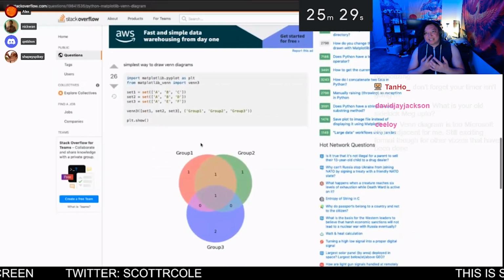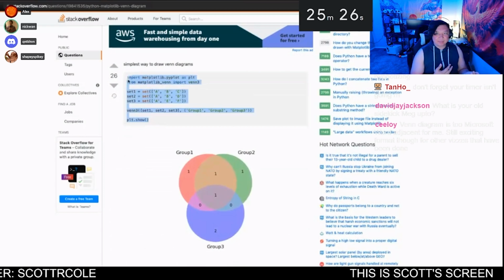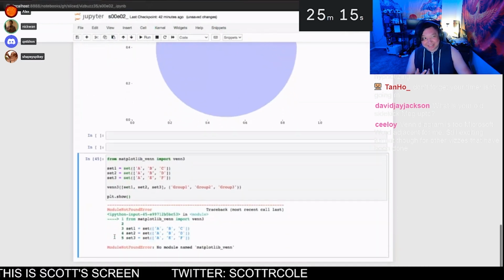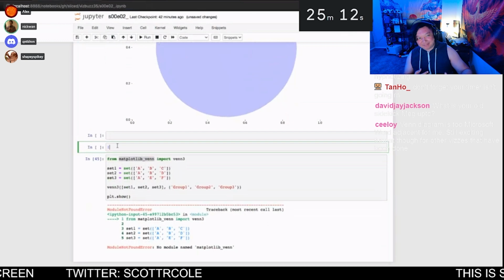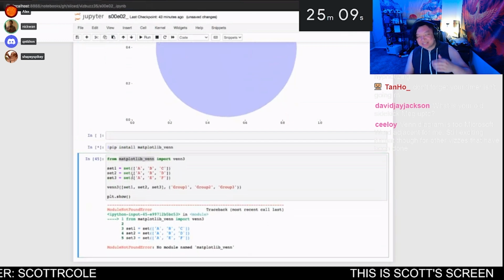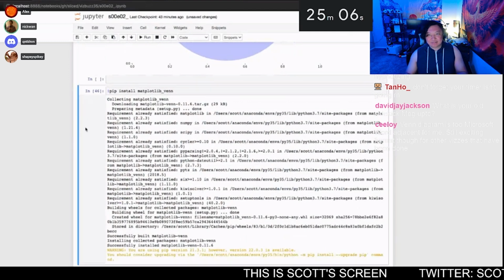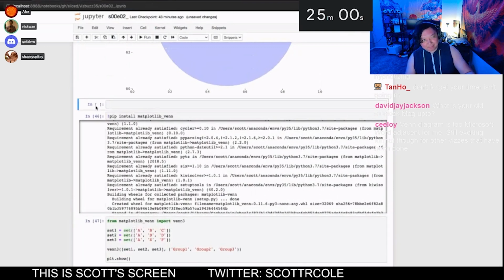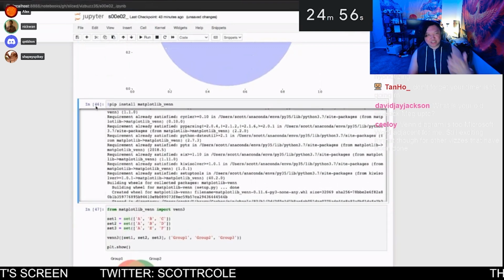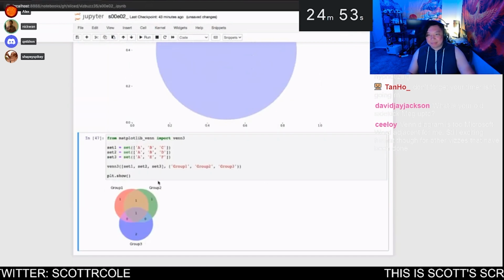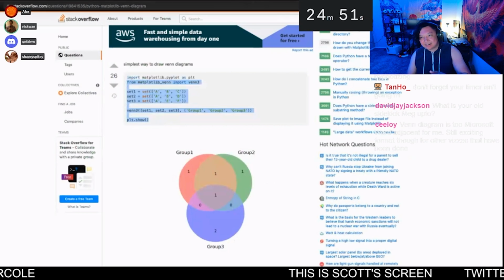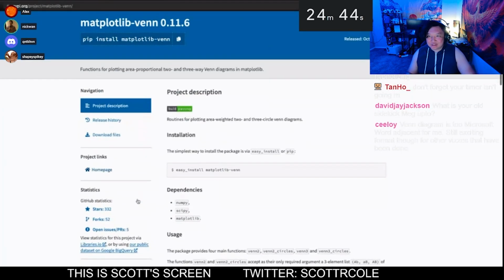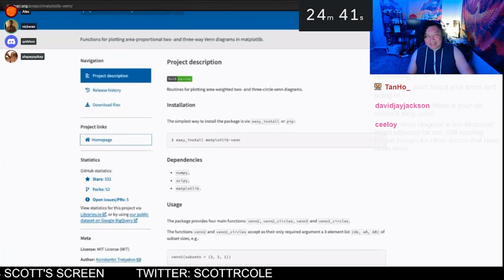Scott Cole looking like he's trying to dig through the matplotlib Venn diagram code. He is taking some starter code here. He does exactly what I do in a Colab notebook when I'm trying to run some example code. Gives himself a bunch of lines, tries to mess around with stuff. It looks like there is some sort of package from Matplotlib that does specifically Venn diagrams. This is no different than the ggplot library that specifically does Venn diagrams called ggVenn. It looks like there is a Matplotlib version of this, and he has it down here. It looks like he's spent a little time on the annotations for the title. Now he's got less than 25 minutes to go to get all the rest of it